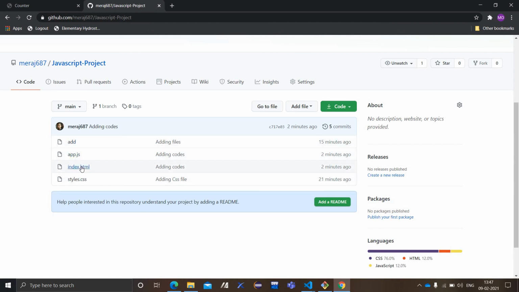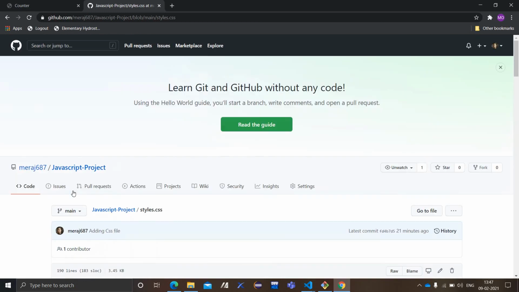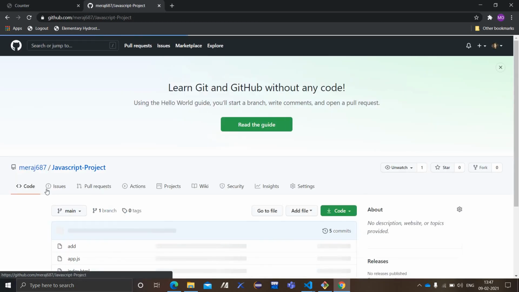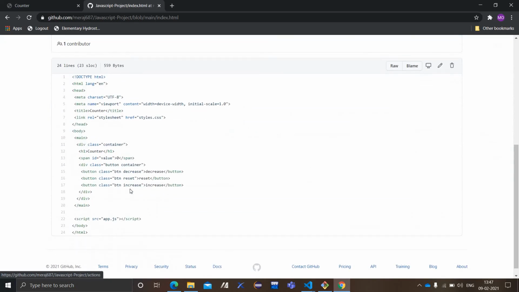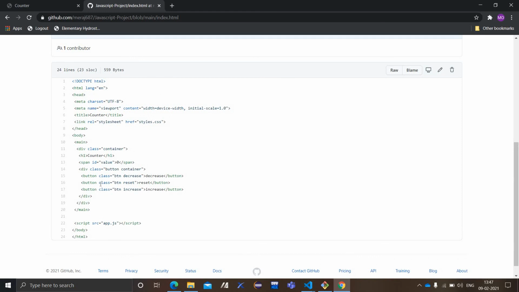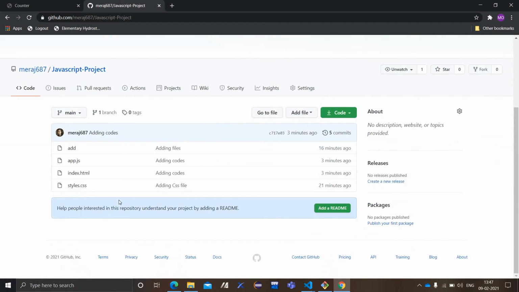So these are the things I have added. This is the styles.css part. Then we'll move to the code section, then index.html. So this is all the parts. I will be sending you this code while uploading my video. Like this only you have to do. Don't drag the file and put it in the GitHub folder, don't do like this. Do it in a professional manner.